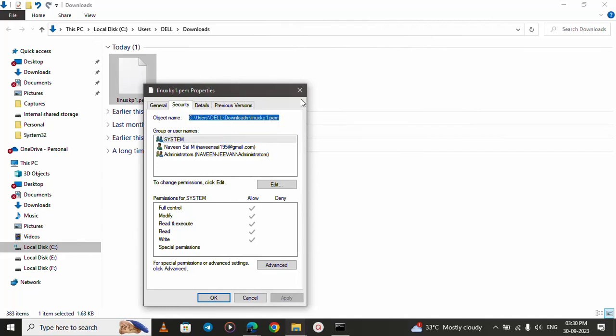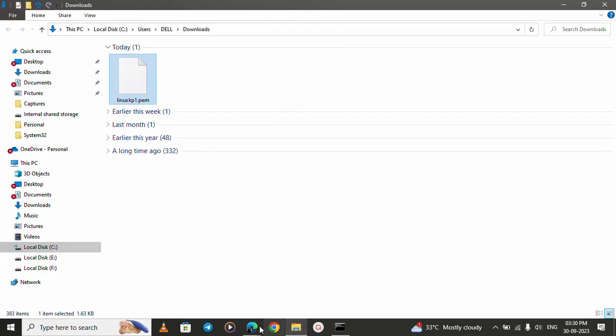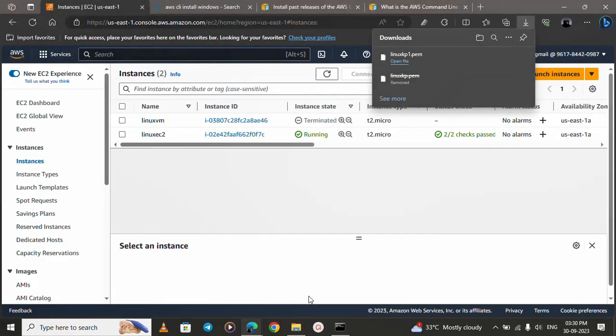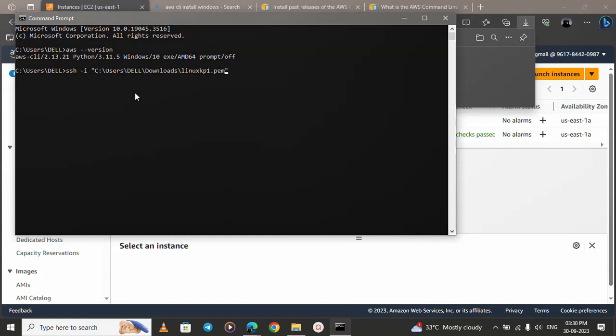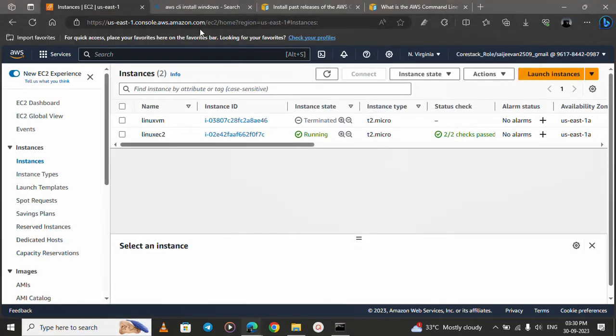So we need to give the path where the key pair has been saved. So this is the path where the key pair is saved, and then you need to give the username followed by